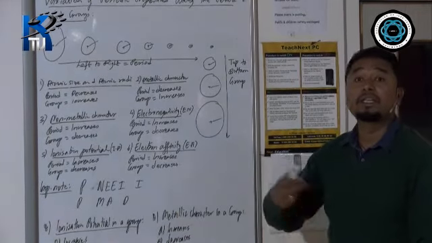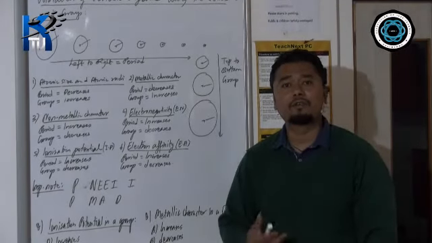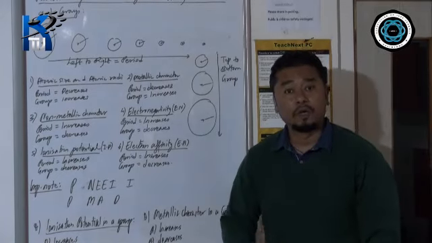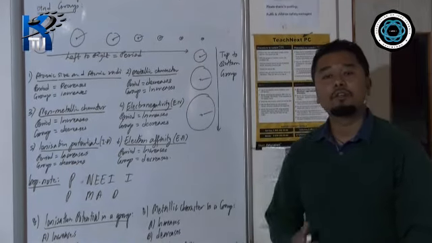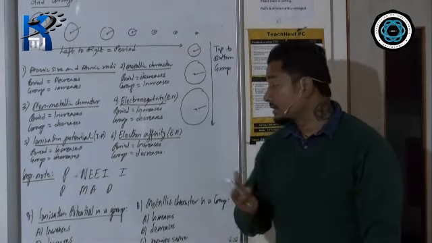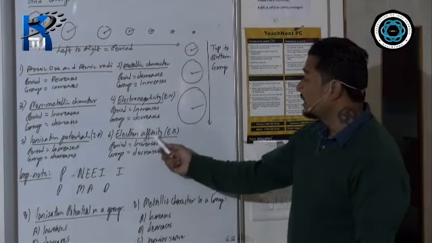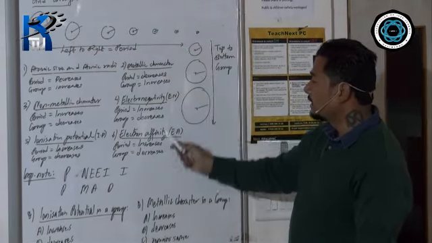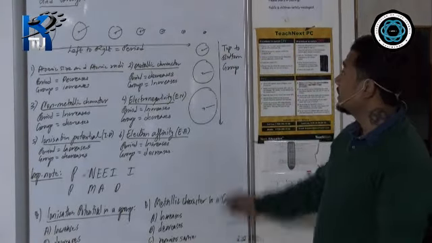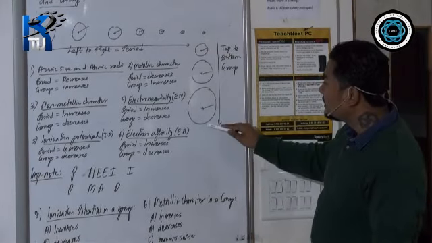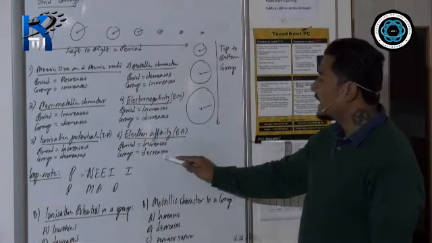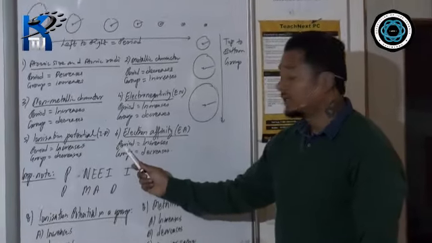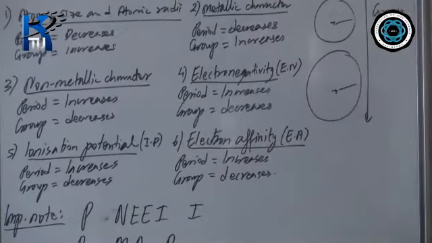Metals usually give away electrons, so they don't have much affinity for electrons; their affinity is less. I said this in my last class. Whereas non-metals have high affinity for electrons, because they want to become octet. So do remember, as the non-metallic character increases from left to right in a period, electron affinity also increases. But down the group, electronegativity decreases, non-metallic character decreases, therefore the affinity for electrons will also decrease. So do remember, electron affinity increases in a period, and in a group it decreases.